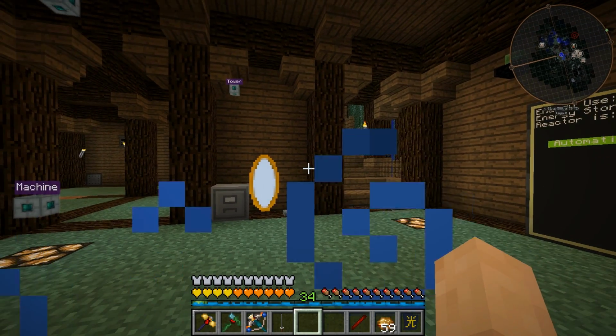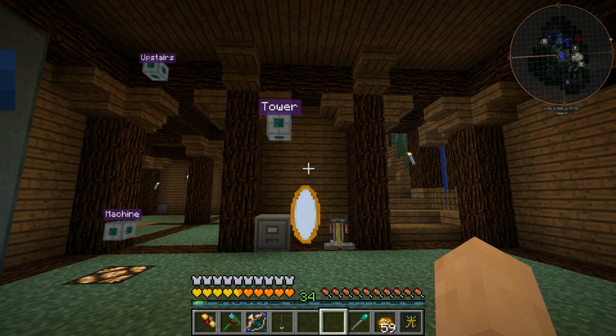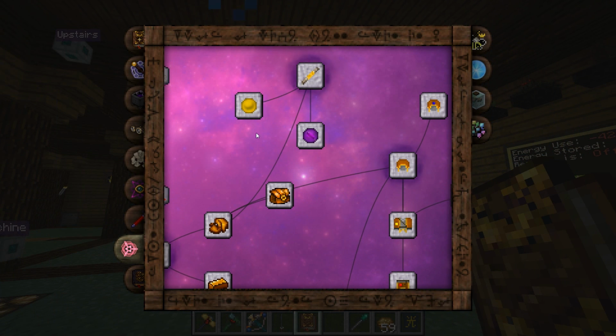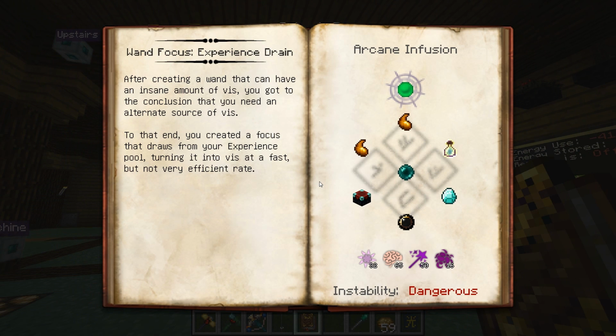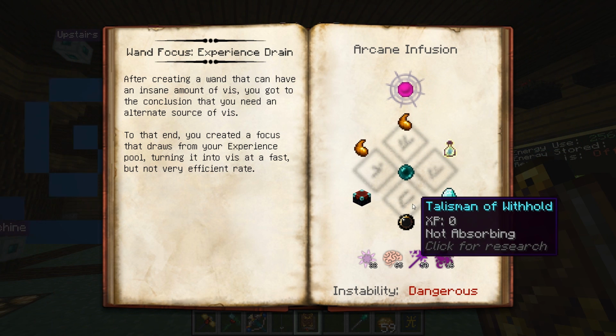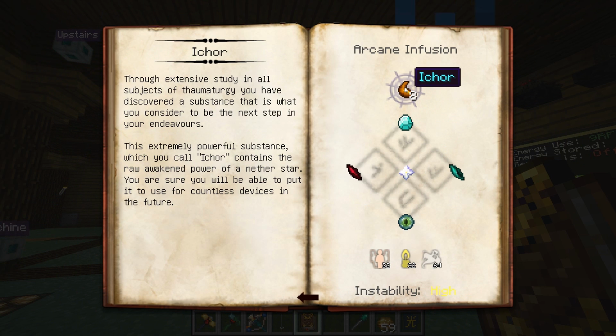So, I may need to make this into a full-blown wand. I guess it depends now. Which cap do we want to put on it? One of the cool caps that I think is really awesome is this one. But I am in no place to craft that, I don't think, at this point in time. Ichor...